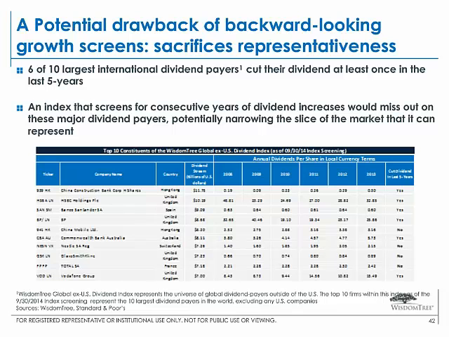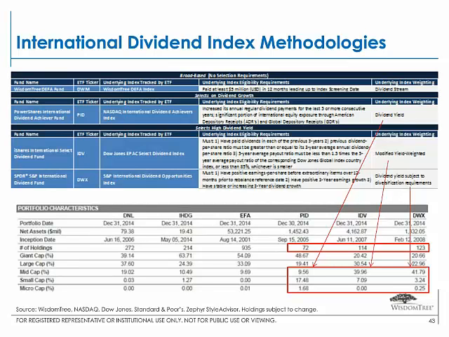And the final slide that we'll go through on developed international is just looking at, again, different indexes and ETFs that track them that focus on very different types of dividend payers. PID, IDV, and DWX track indexes that are much more focused on getting a high current dividend yield.